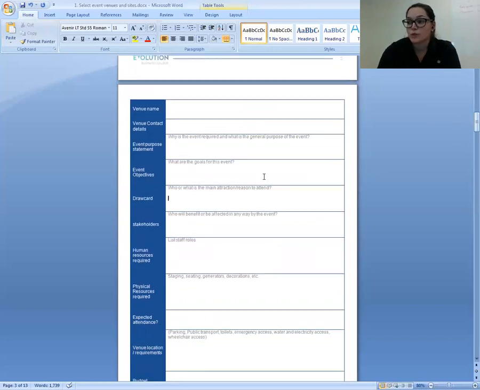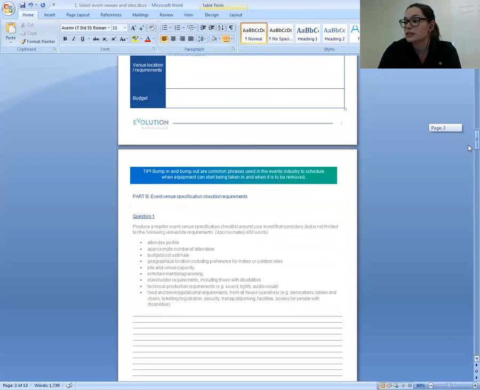With the objectives, you want to have at least 3 objectives. And your draw card is the main attraction or reason that somebody's coming. So again, if you want to have Imagine Dragons playing, that's what you want to write here, is Imagine Dragons is the headlining act. So you just want to knock off all of these ones